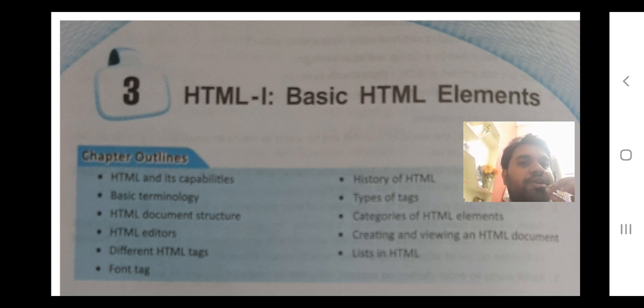We have completed the internet and communication technology. Now today we are going to start with the new chapter, that is HTML. For this you have to install an app, those who are using a mobile. Those who have a computer are not required to install anything, but those who are using a mobile to work with programming have to install one HTML program.